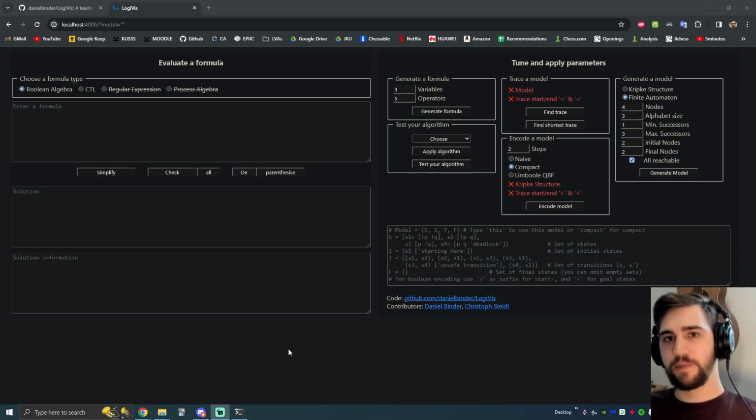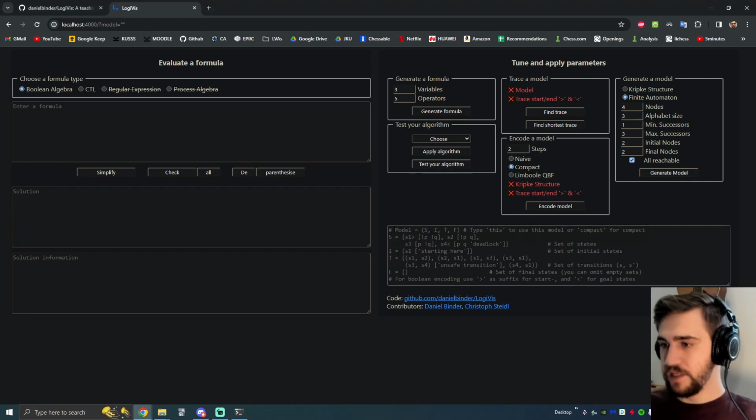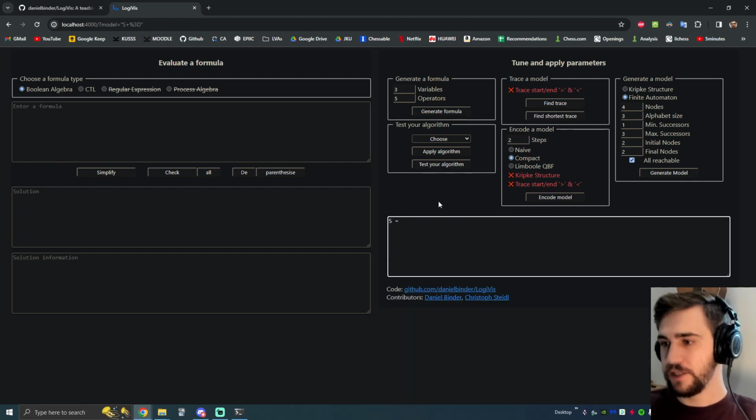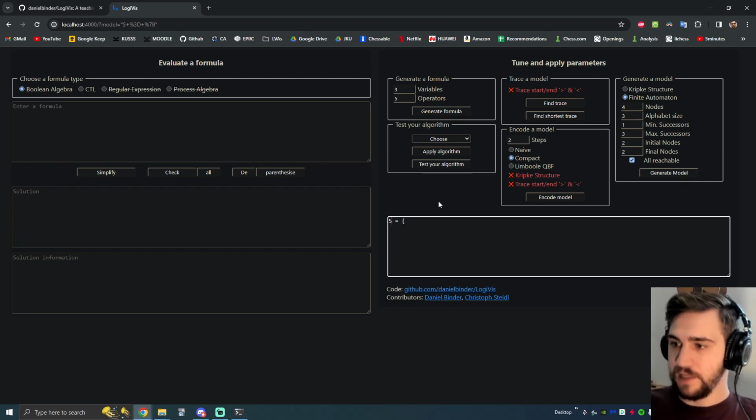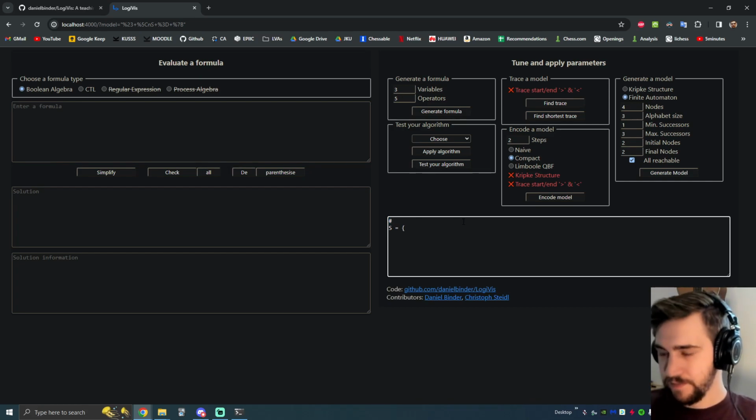Now we should talk about our model generator. Here we can see a little hint how to make a model. So we can use the traditional notation of sets. For example, let's make a little comment so it becomes clear what we are doing. A comment is made with the hashtag symbol or a number symbol. We need to make a model